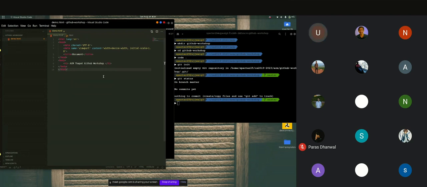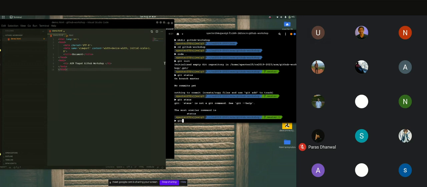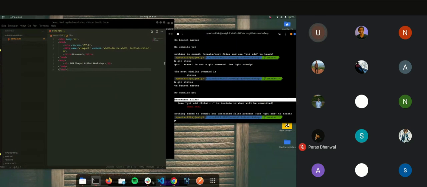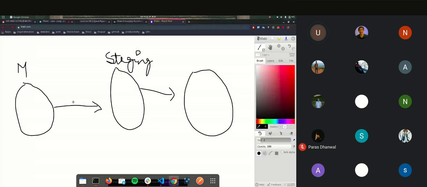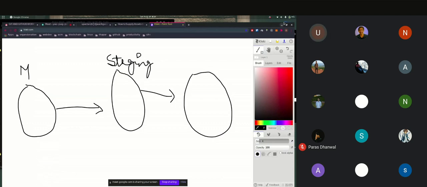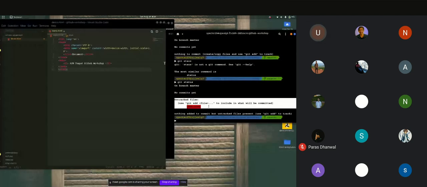A repository is generally a folder. So what I did is I added a new file to my repository, and now I will type git status. So see what it did is we have untracked files. So what I mean to say is we modified some changes, but we haven't added them to the staging area. So Git is not tracking that file. So it is giving us the message that we have untracked files in our repository.